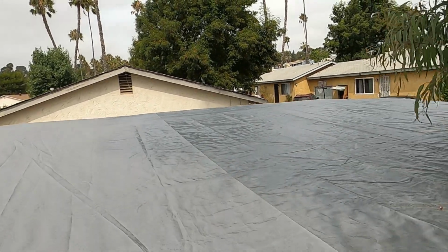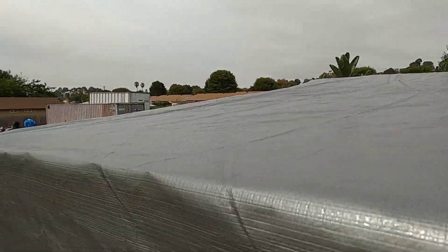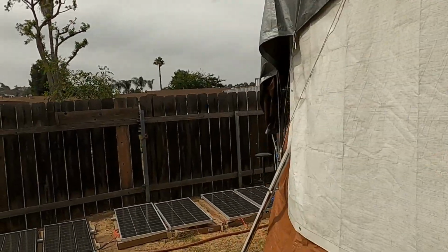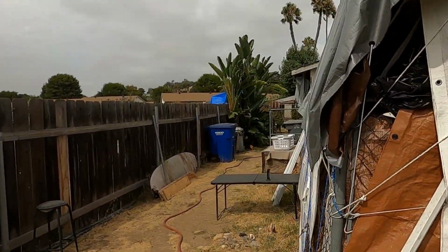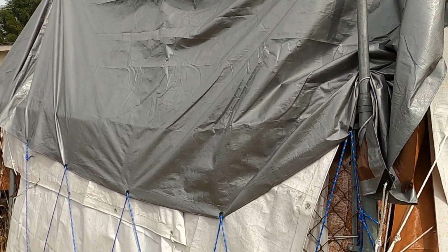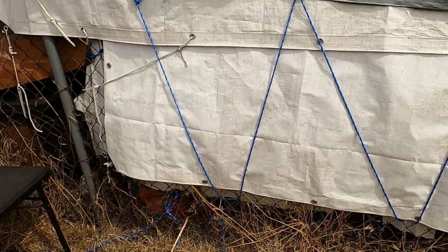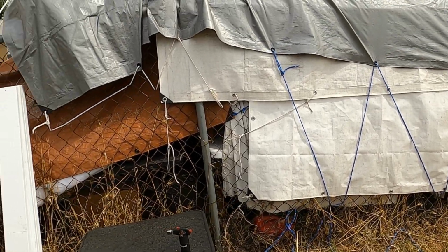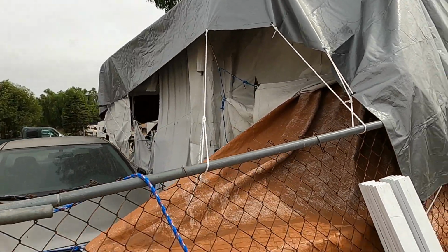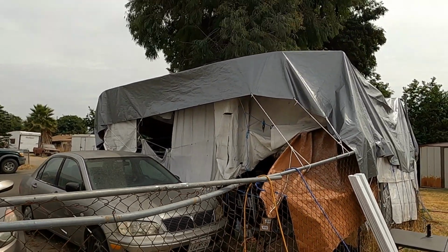But it's nice and even, and it took me about an hour and a half. Hopefully I've got enough tie down ropes that it's going to be secure enough not to get picked up by these 70-mile-an-hour winds. I don't really have an idea of just how strong that is, but I imagine it's probably going to take a beating. I guess I'll have to keep an eye on it. But that's about it. Hopefully Hilary will be nice to me, and my carport